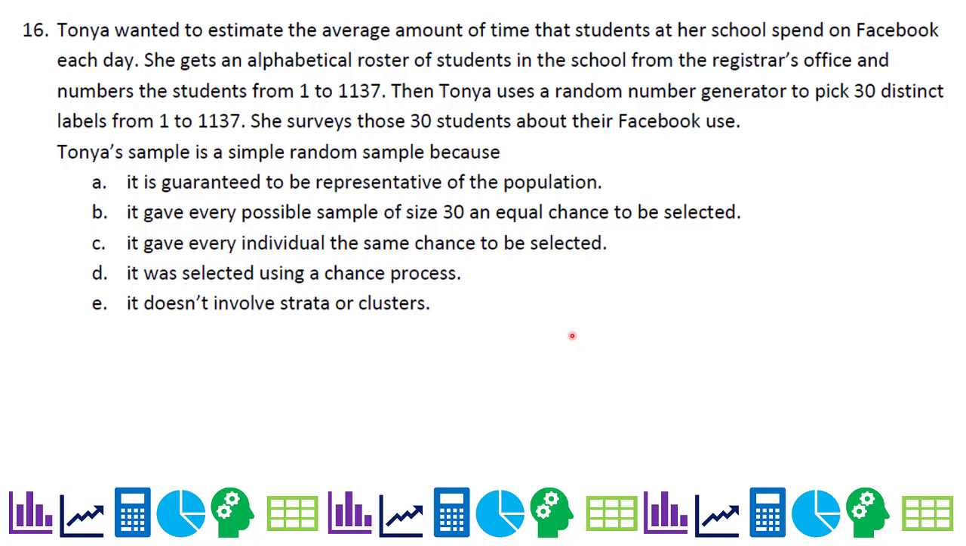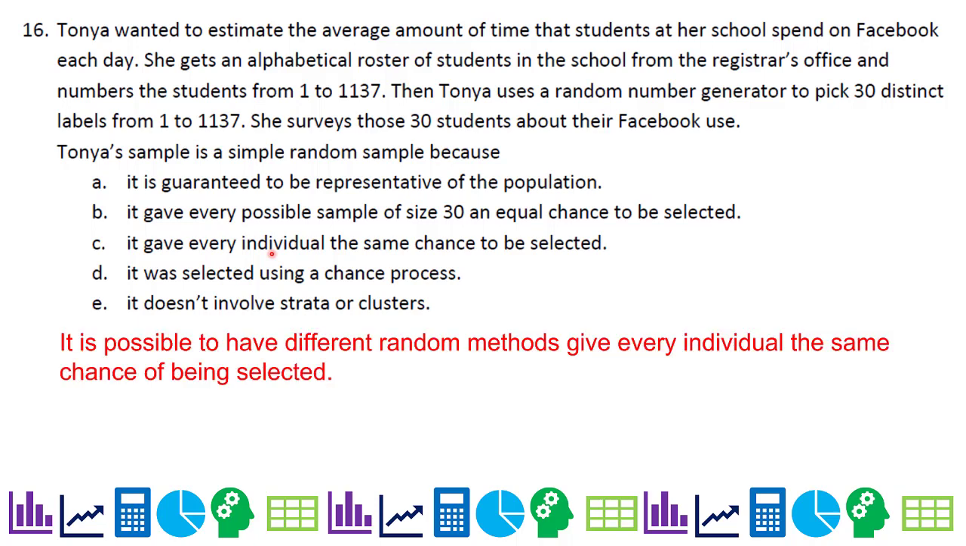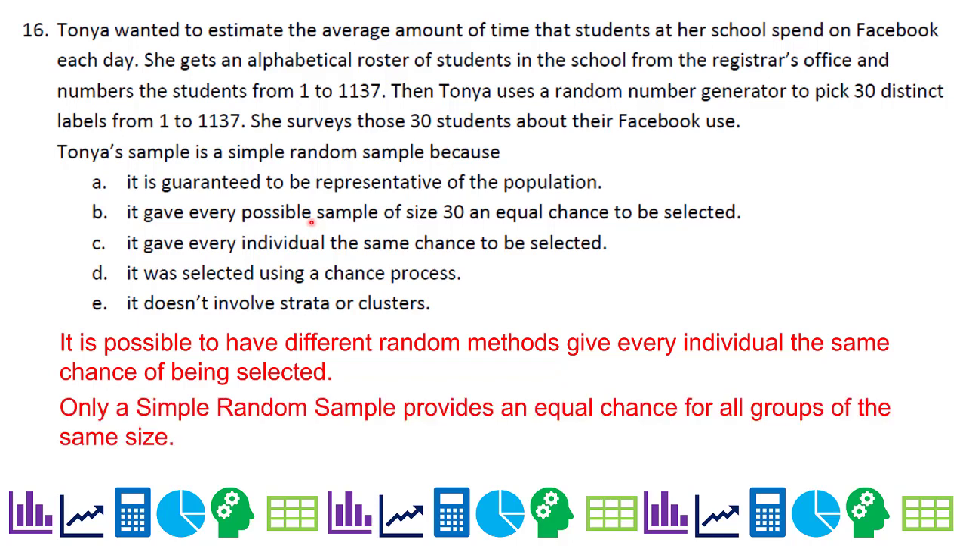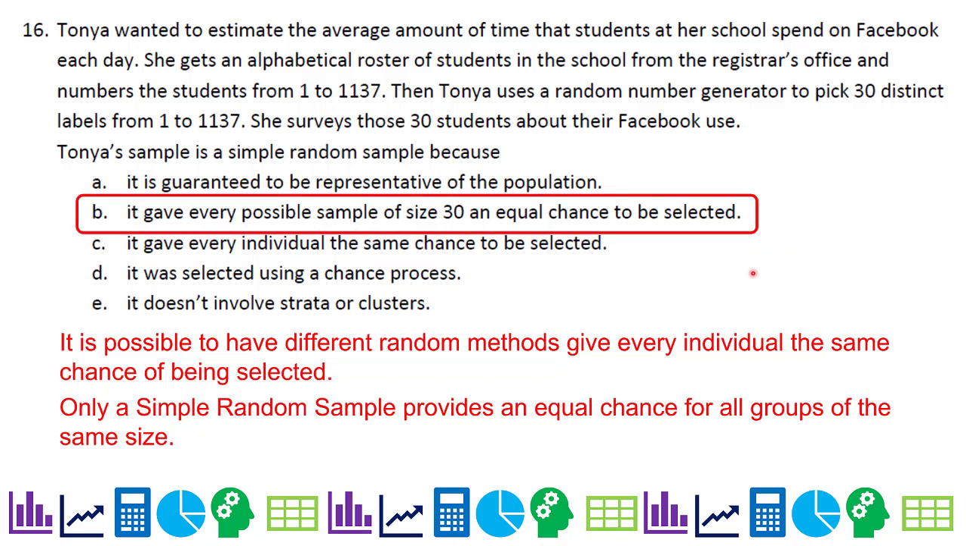Tanya's sample is a simple random sample because, all right, a lot of you are probably going to be tempted to pick C. It is possible to satisfy C with different methods depending on how it's set up. What's not possible with other methods besides the simple random sample is B. Only a simple random sample provides an equal chance for all groups of the same size. So the correct answer is